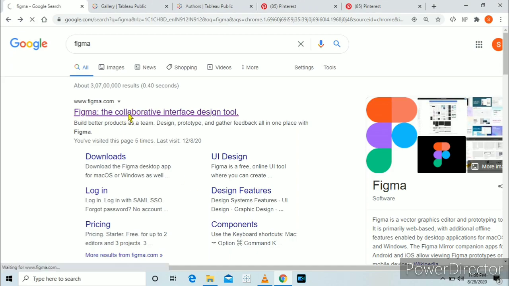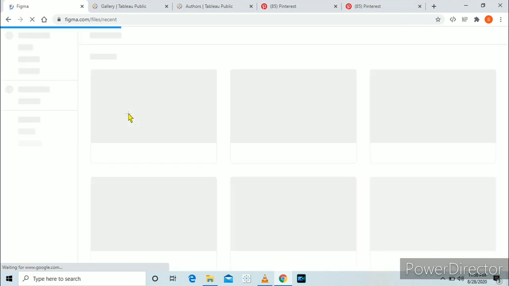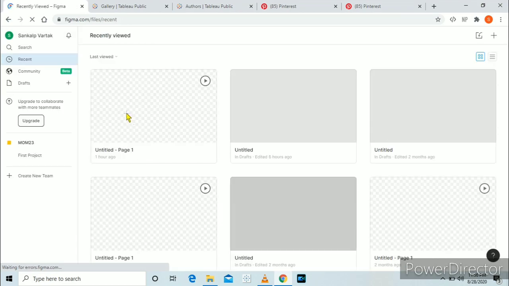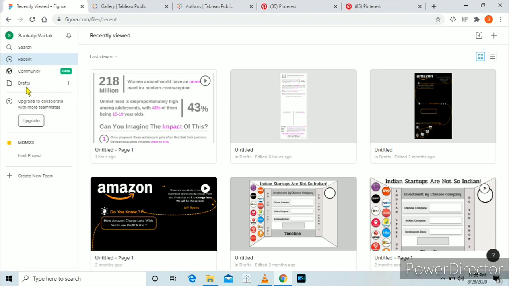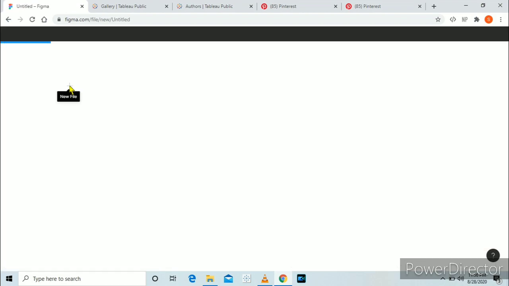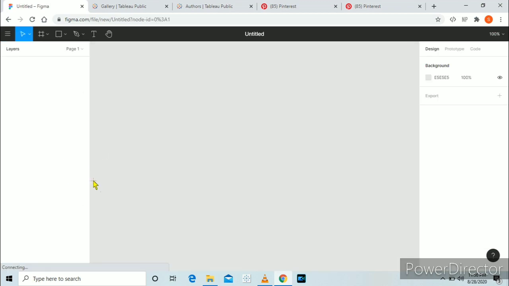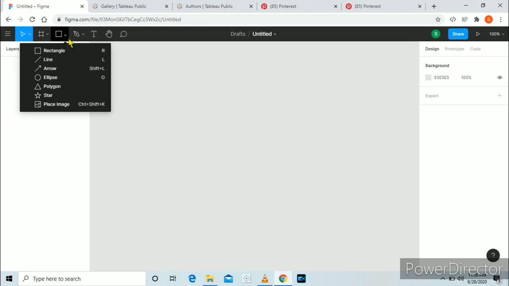So the first thing you will need to do is go to www.figma.com, then in Drafts click on that plus sign. Now your window is open. Click on the hashtag sign you see.